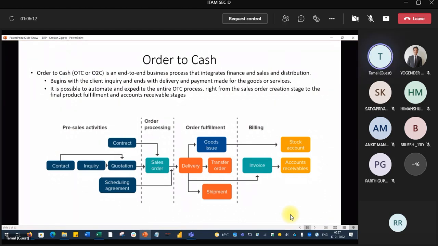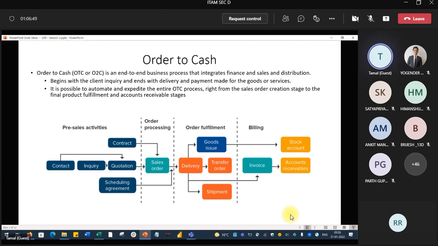Then order fulfillment: delivery, goods issue, shipment, transferring the goods from the inventory. Then the shipping. Then you have to raise the invoice. Goods issue means you have to update the stocks, and invoice means account receivables. The bill has been raised, but the money has not yet been paid by the client.